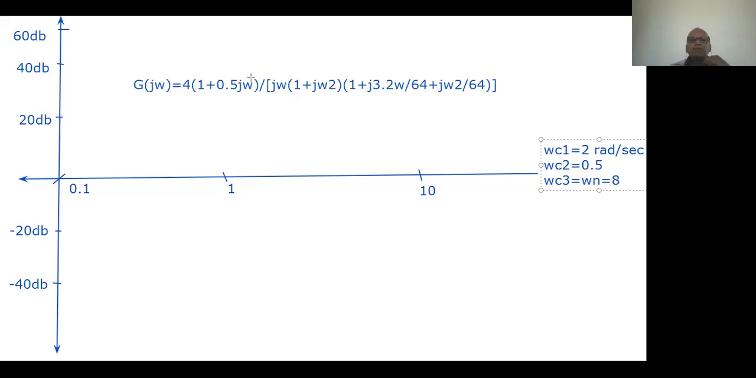Then we draw bent lines, just for reference. This slope is minus 20 dB per decade. The slope is minus 40 dB per decade. The slope is minus 60 dB per decade. The slope is plus 20 dB per decade going in the upward direction. This is plus 40 dB per decade. This is just for reference. After the asymptotic magnitude plot, you may erase it. Okay. And then draw